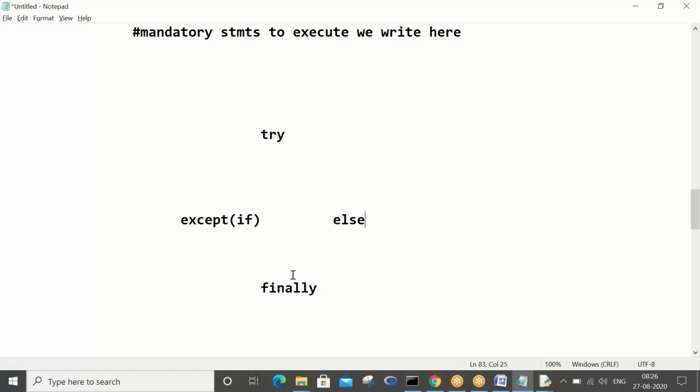Understood, no? So let us proceed and try to understand the possibilities in exception handling. Like, how many tries can I write, how many excepts can I write for each try? Can I write without except, can I write without try, can I write without else? Is it mandatory to write finally, is it mandatory to write except?